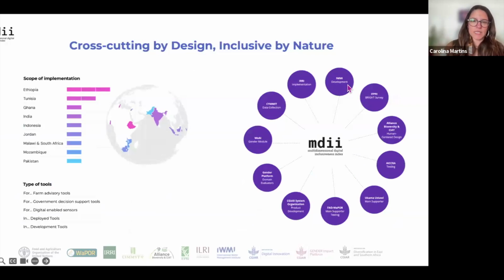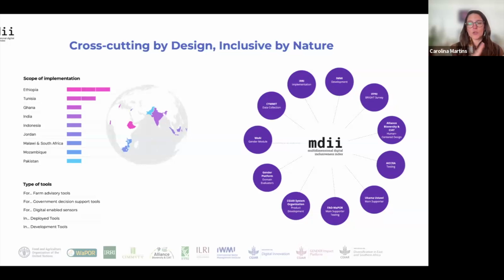So in terms of the MDII, we already understand that it is a tool that aims to evaluate digital innovations, right? And the MDII started with being a small thing and has expanded to have this being also inclusive by nature by bringing different actors to the MDII itself. So when we're talking about MDII, it's not only about the theoretical framework, but also how can we scale and